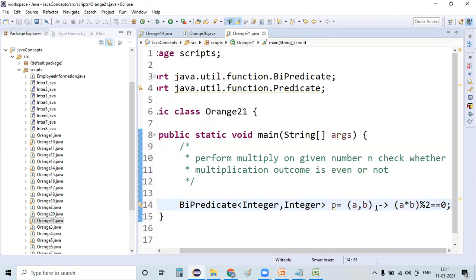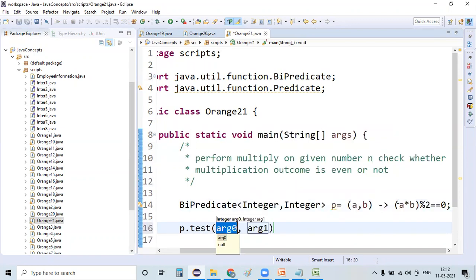So what are we doing here, guys? We are passing a, b as input, multiplying those numbers, and cross-checking the modulus of 2 to verify whether the product is even or not. So p.test again, and this time for test I need to pass two different numbers. System.out.println(p.test(2, 3)).